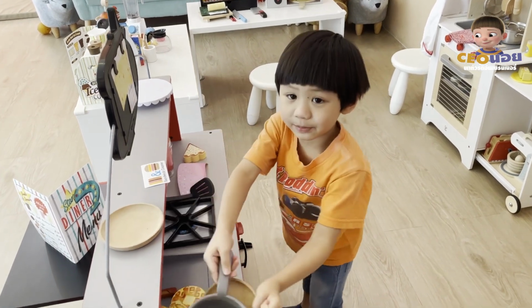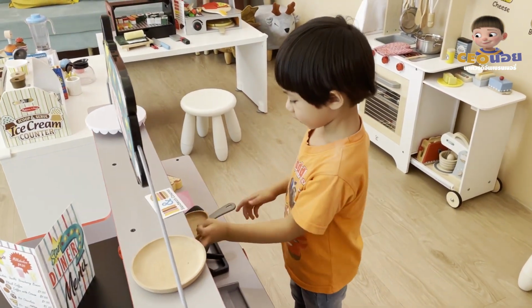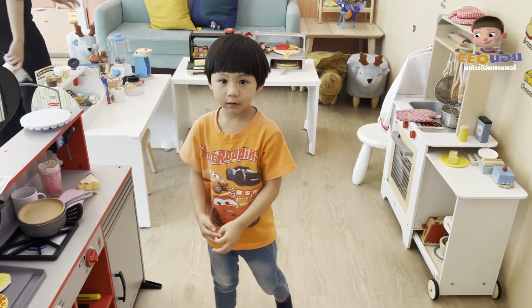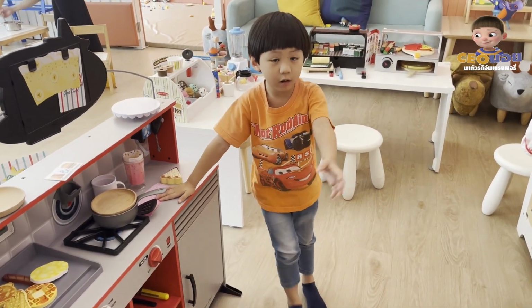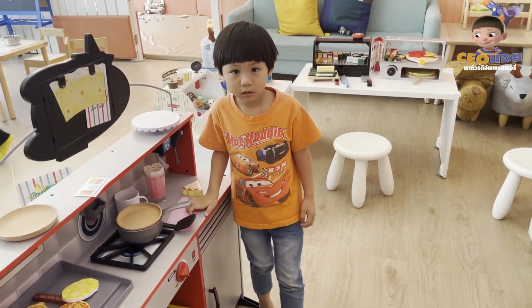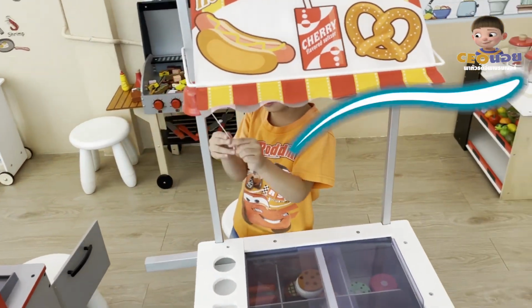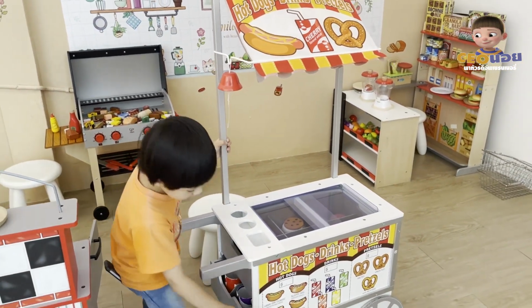Serve it to other people. You like it? Yeah. Why do we have so many cooking toys? So then when children play with them, then we have more others, then they can play more. Okay. This is the ice cream. When you have a customer and you have to ring the bell, and then you have to get whatever when